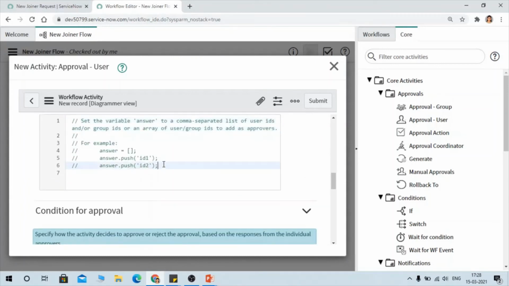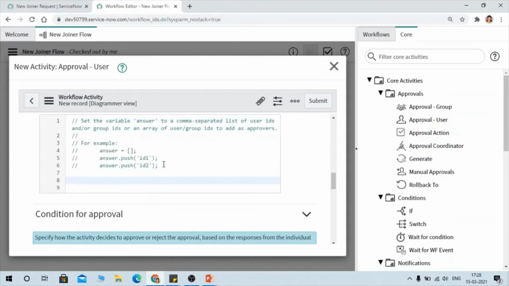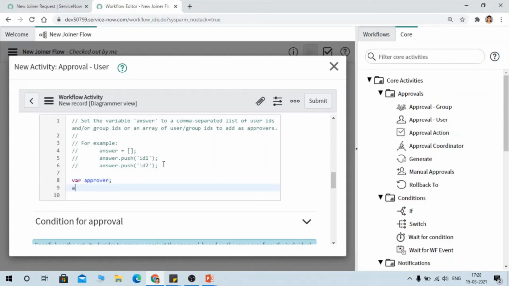So what we are going to do is write code because we need some dynamic kind of approval. So first we'll define our variable. I'm defining one variable like approver, and I'm going to store our dynamic manager value into this approver.